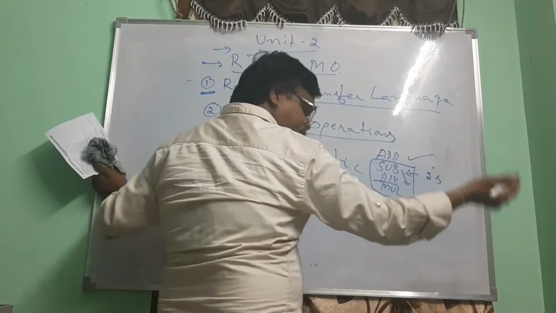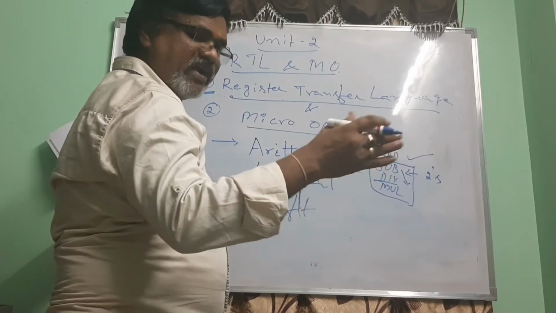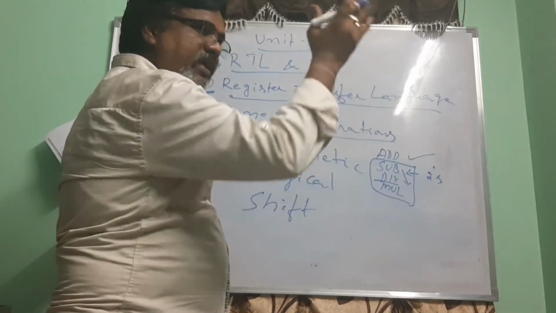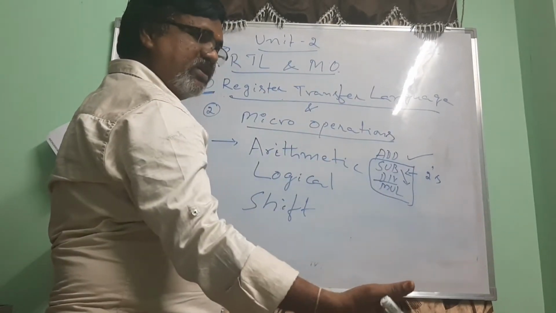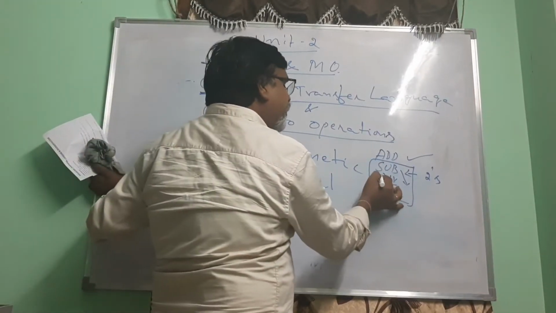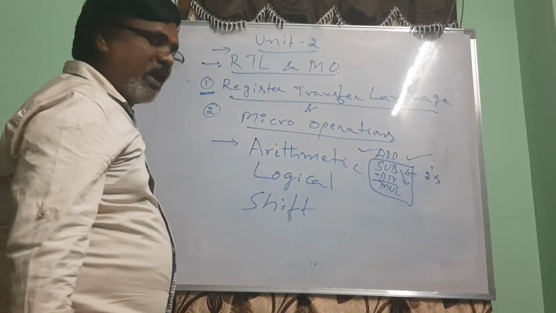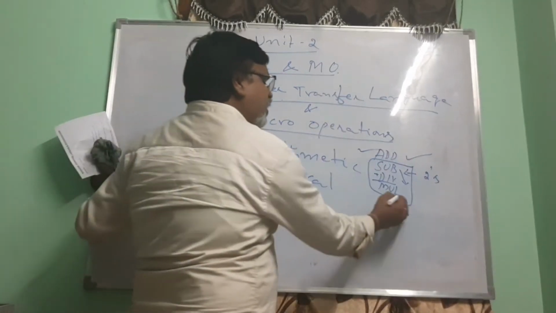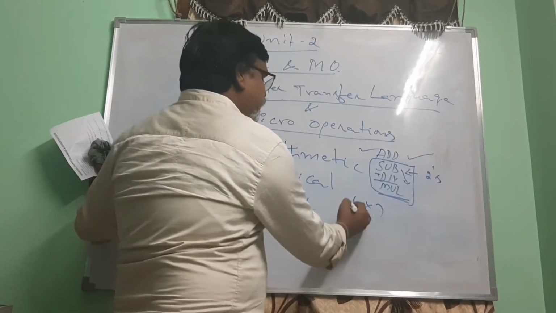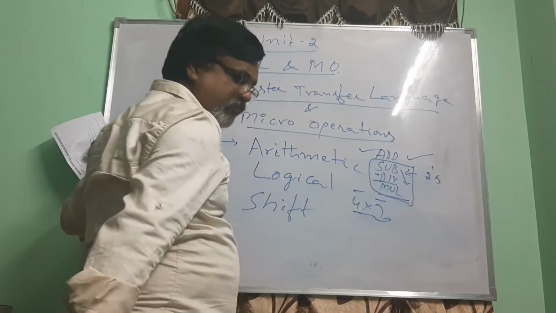Between dividend and divisor, one number is subtracted every time, and the number of subtractions is counted. That is called the quotient, and whatever is left at the end is considered the remainder. Division is performed using subtraction, but subtraction itself is with the help of addition. Remember that. And multiplication, if you say 4 into 7, is adding 4 seven times or adding 7 four times. Here also addition is involved.